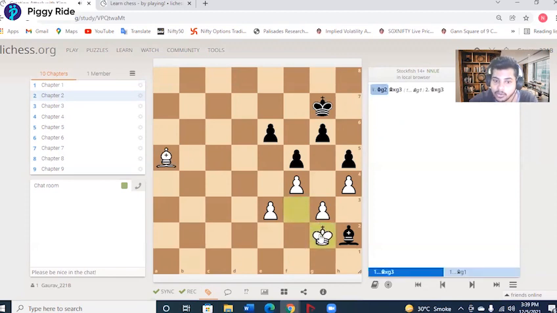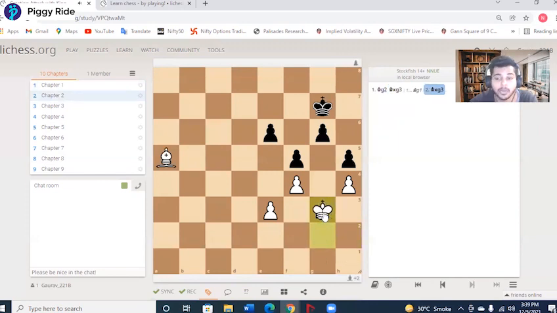Correct. Now, if you look closely, the bishop over here is stuck. It cannot move out, because it will need two moves to get away. So it's either going to g1 or g3. Correct. So even if it were to capture on g3, you'll lose a pawn, but the enemy will lose a bishop. So how many points was the bishop worth? 3. How many points was the pawn worth? 1. You will be in advantage by how many points? 2 points. Correct. So this is how you utilize your king in the end game.